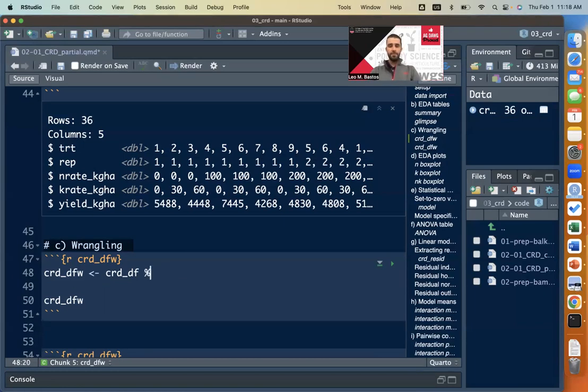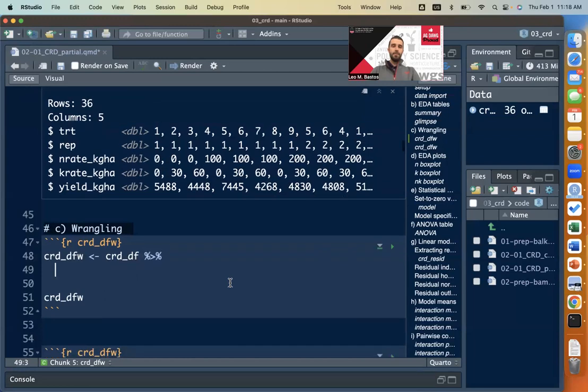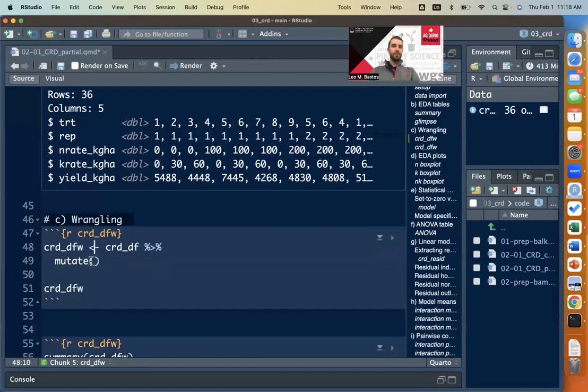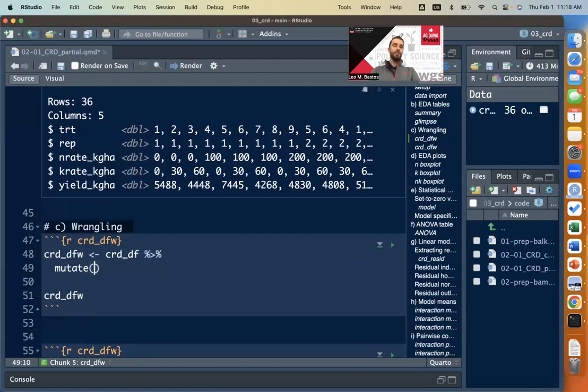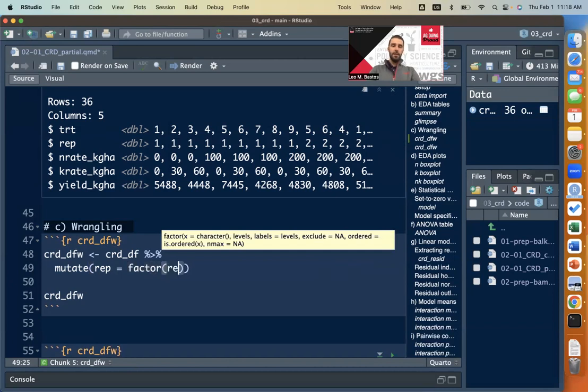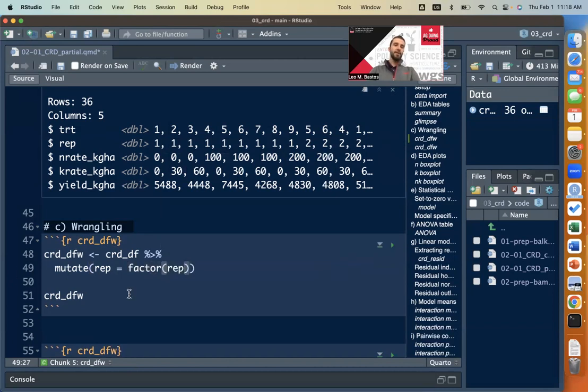So let's come here, add a pipe. We're going to use a function mutate. The first thing that I want to do is transform rep into factor. So we type rep equal sign. There's a function called factor. And you just say rep inside of it. So it's basically taking the column rep, transforming that into a factor and overriding the current rep column. So if you just run this,